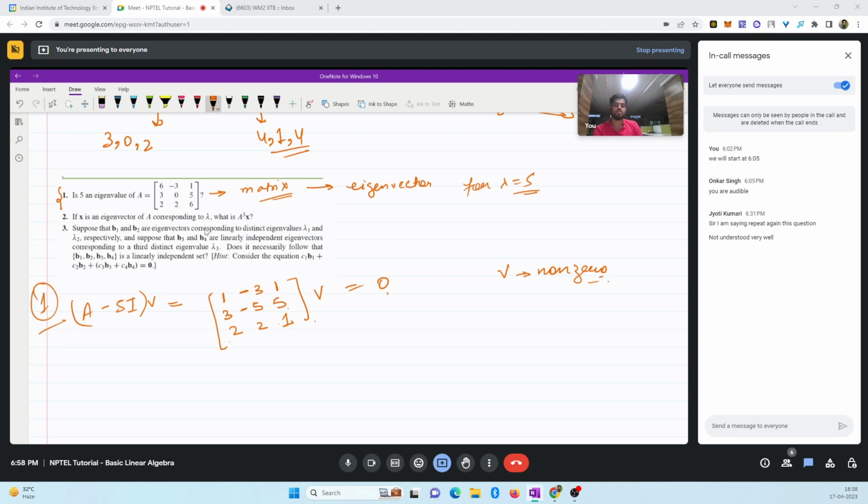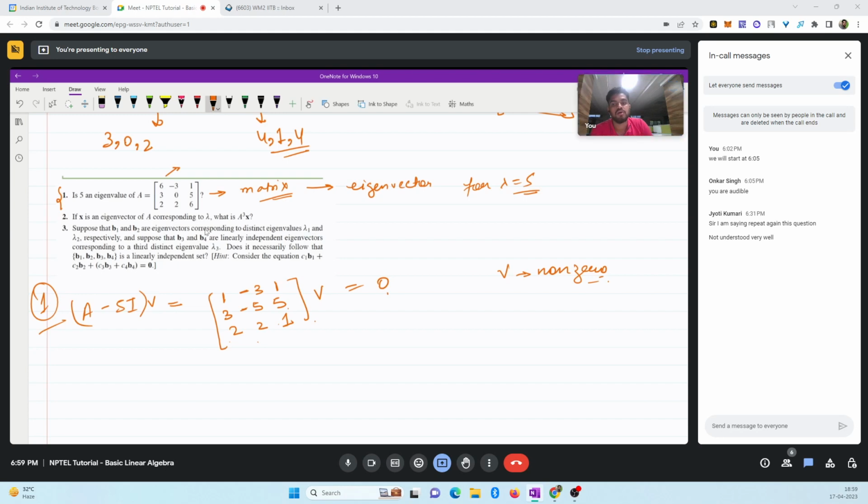Sir, 5 is not an eigenvalue of A. So you row reduced and it was full rank. What was the row reduction that you obtained? Like how did you reach this conclusion? First of all, I made it upper triangular matrix. Then the elements are 6, minus 3, 1, 0, 3, 9, 0, 0, 44. Okay, so you converted this matrix to your